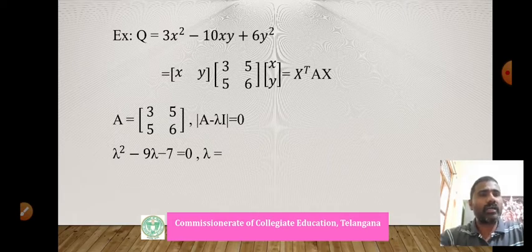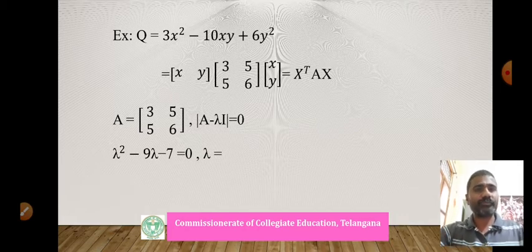First we can identify the eigenvalues. After the transformation in the next class, by using the transformation we can decide whether it is positive semi-definite. Here, by using eigenvalues only, I can find the index, signature and so on. We can use eigenvalues also.